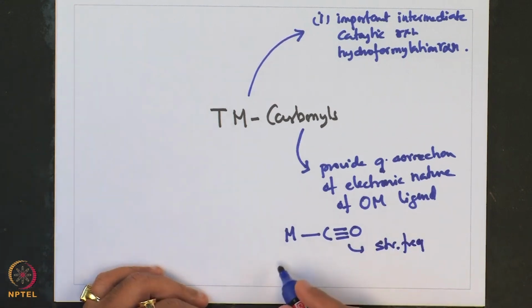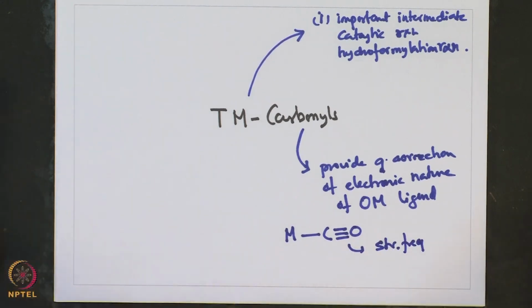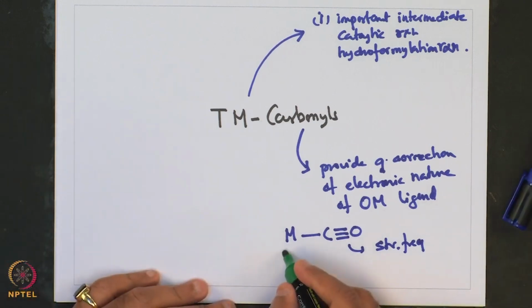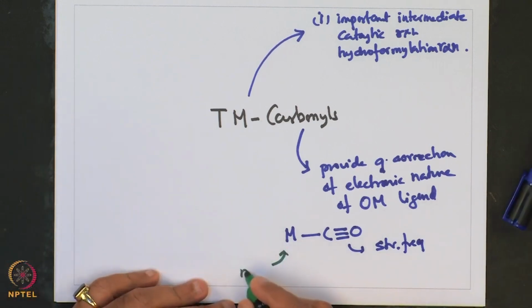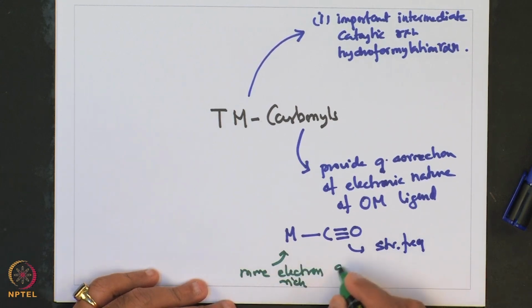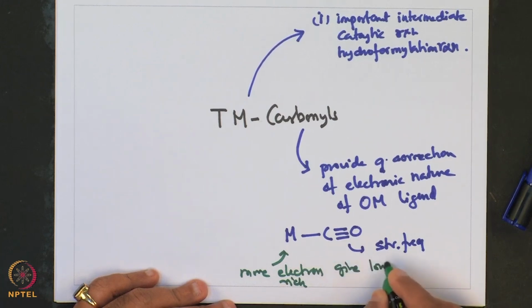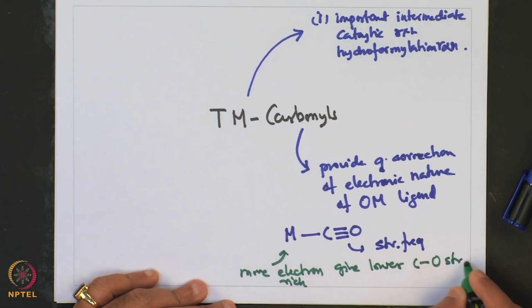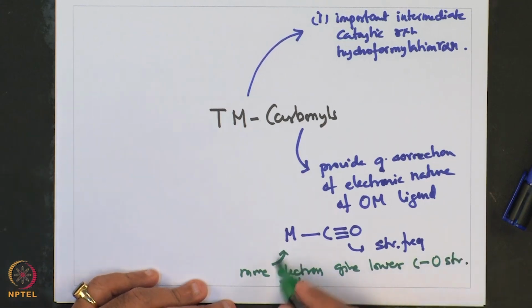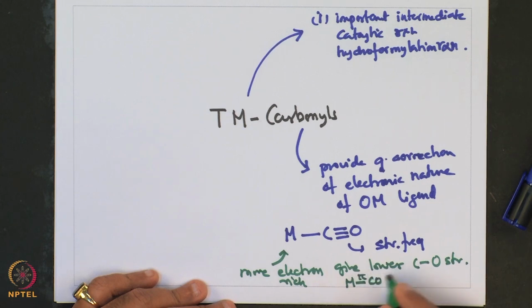Now, if the metal is more electron rich, the metal gives a lower CO stretch. More electron rich gives a lower CO stretch as a result of M to CO pi back donation,